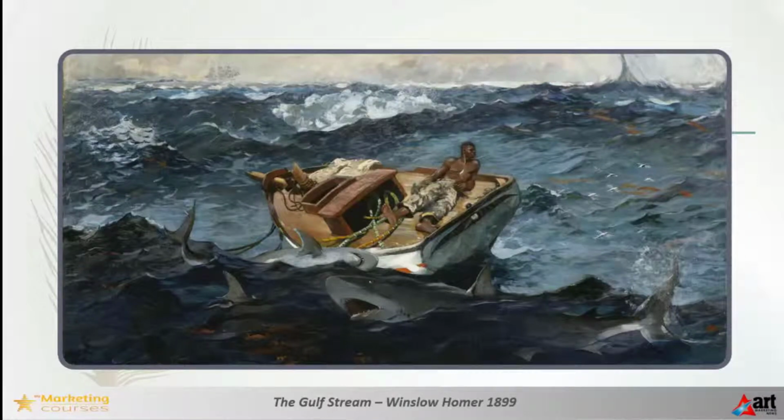This is an 1899 oil painting by Winslow Homer. It shows a man in a small, distressed, rudderless fishing boat struggling against the waves of the sea and surrounded by sharks. Yikes! That's captivating on multiple levels. You can almost feel your stomach churning, your heart palpitating, and palms sweating as you feel for this poor fellow